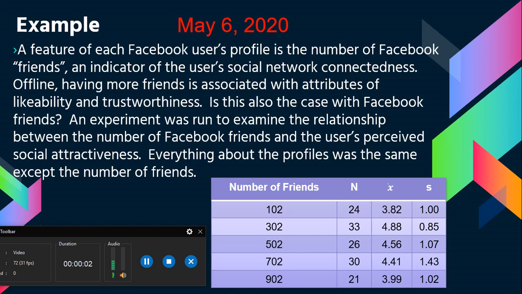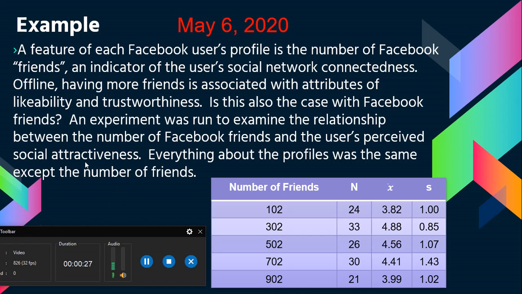Today we're going to continue with section 12.1 on our one-way ANOVA, and we're going to start with an example. This example comes from our textbook. Take a minute and read the example. So when collecting the data, the goal was to examine the relationship between the number of Facebook friends and the